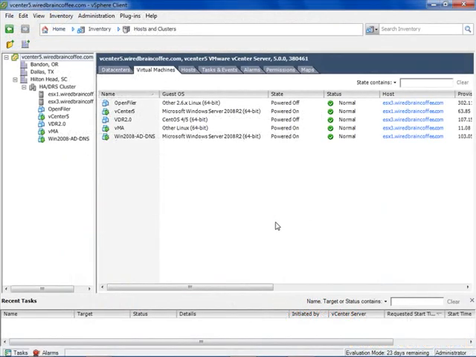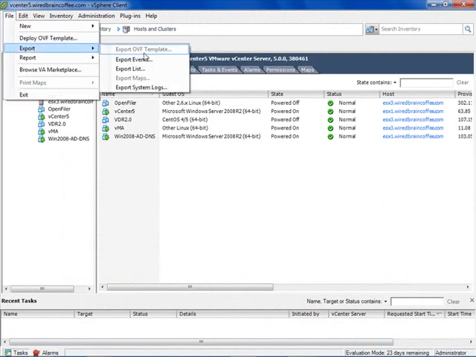Here in the vSphere client, exporting data is very easy to do. You just go up to the File drop-down up here, and then you have Export. You can export events. You can export a list of whatever you're viewing on the screen. You can export maps, system logs, and OVF templates. OVF templates are actually virtual machines, and I'm not going to cover that right now because you're actually exporting an entire virtual machine. Let's just really talk about exporting lists,